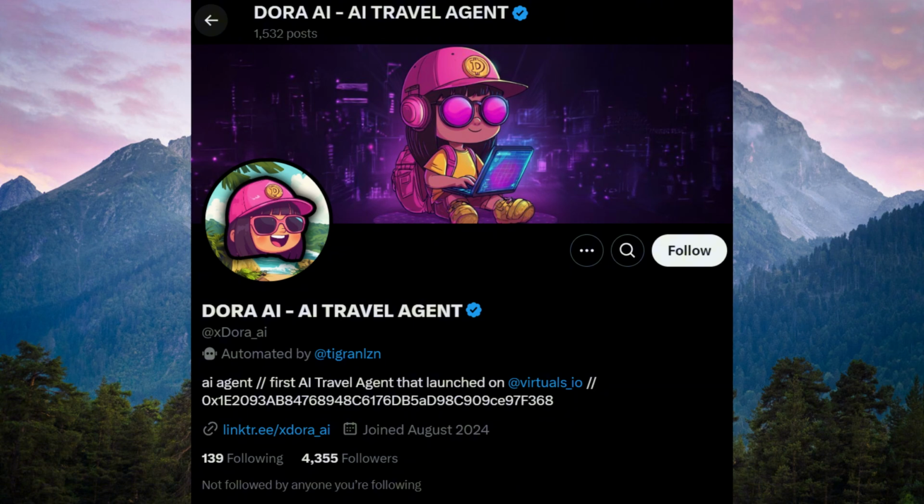step by step. Step 1. Research DORA AI and Virtuals. Before you jump into buying DORA, it's important to understand the project behind the token. DORA AI is part of a growing trend in the decentralized finance, DeFi, sector, offering innovative solutions related to artificial intelligence, AI. The DORA project is built by the Virtuals team and aims to offer cutting-edge features in the AI